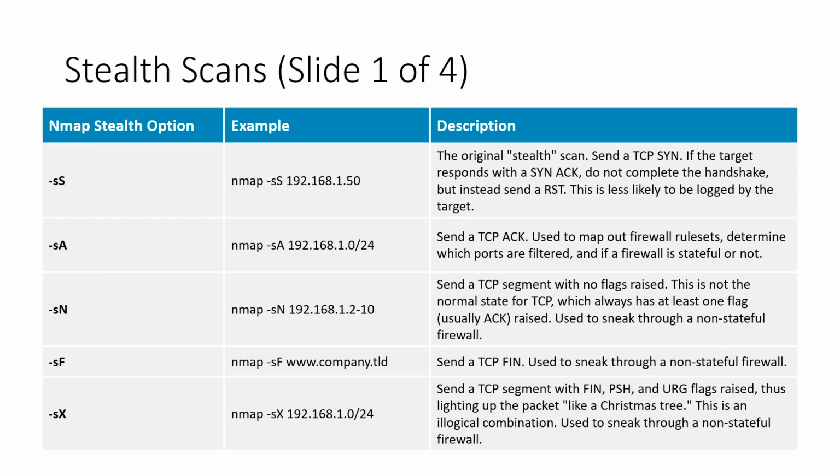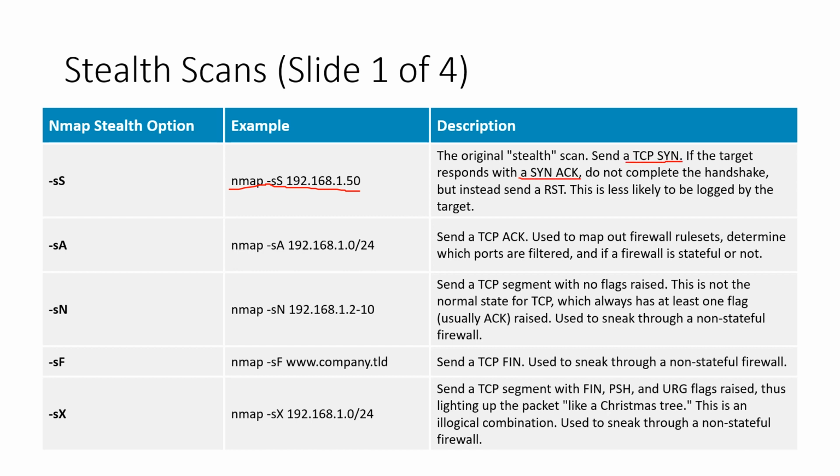Okay, and we mentioned before that in a stealth scan, usually these types of scans, let's say from nmap, are not detected by an IDS, intrusion detection system, although nowadays there are IDS systems that can detect stealth scans. So I have here some options under stealth scan. For example, nmap -sS, small letter s and capital letter S, and then the target. This is a stealth scan that sends a TCP SYN. I mentioned this a while ago.